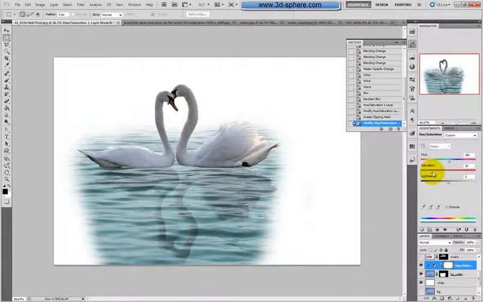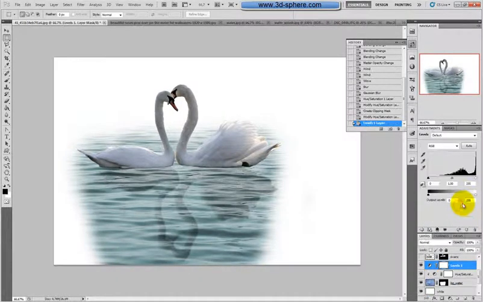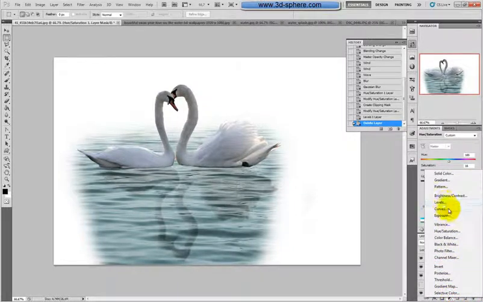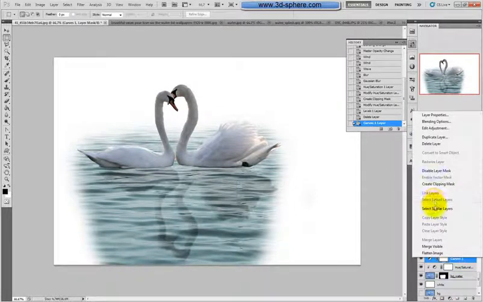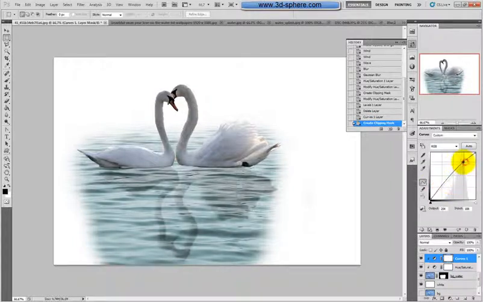Something like this. Now we'll go first with the curves here. Okay, create a clipping mask and